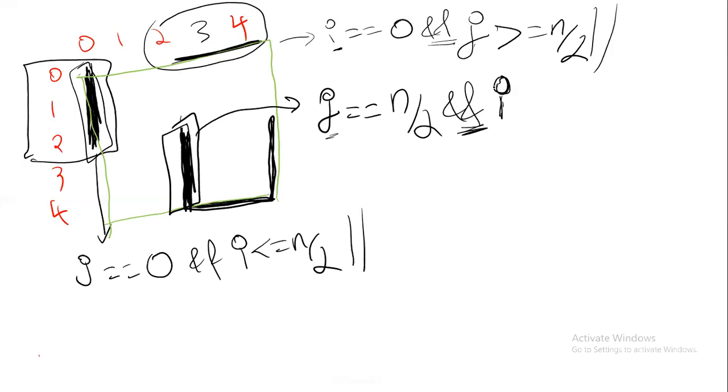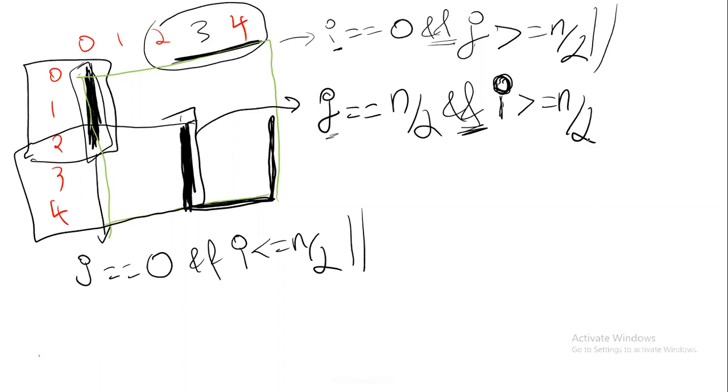As soon as you write your i variable, come to the diagram and see for what values of i you are printing this line. For these i values you are printing that line. And all those i values, don't you think they are greater than or equals to n by 2? So you write here, all these i values are greater than or equals to n by 2. Or operator, because that line condition is complete.